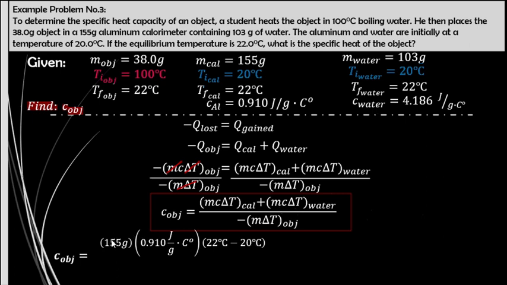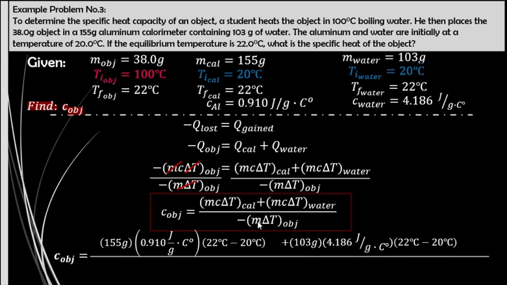So this first set of values is the heat gained by the calorimeter, plus the heat gained by the water, which is 103 grams times 4.186 joule per gram times Celsius degree times the change in temperature, which is 22 degrees Celsius minus 20 degrees Celsius